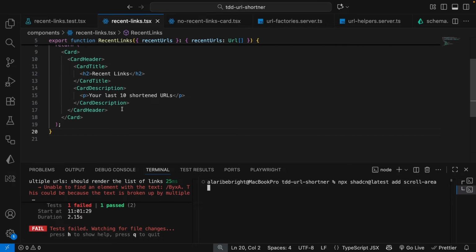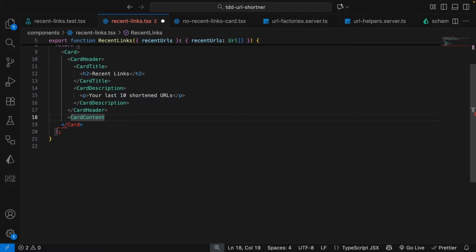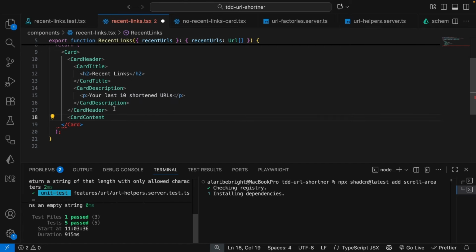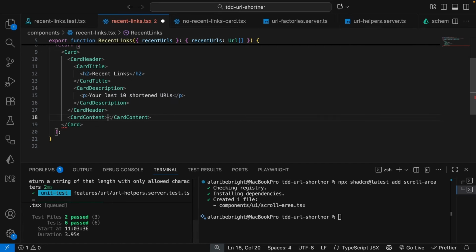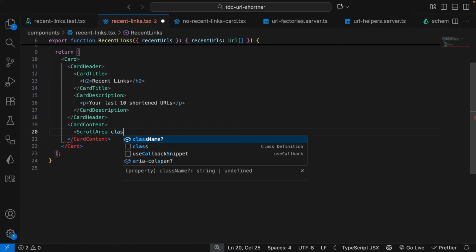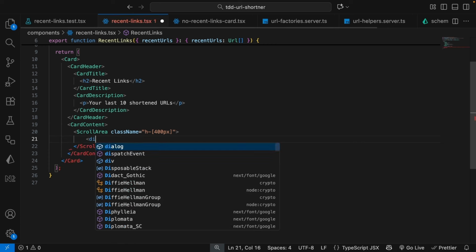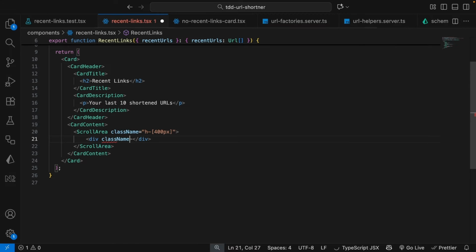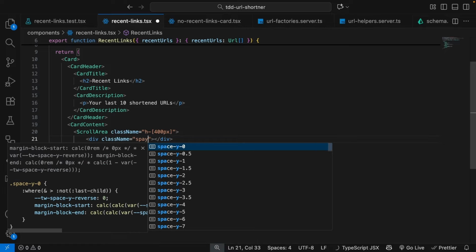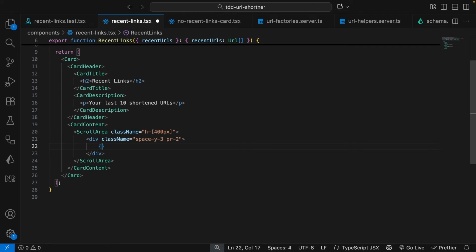And let's come here just under the card header. I want to have our card content, and the card content is going to have the scroll area, and this scroll area is going to have a fixed height. So let's give it a height of 400px, or you can give it a max height. And then we're going to have a div, and the class name here is going to be space-y-3. Then we're also going to give it a padding right of 2, and inside this div we want to display the recent URL. So we're going to say recent